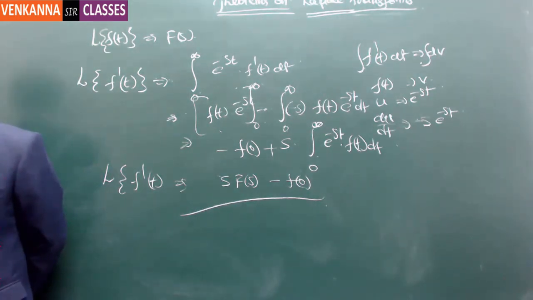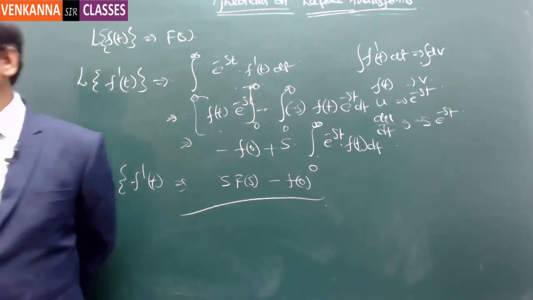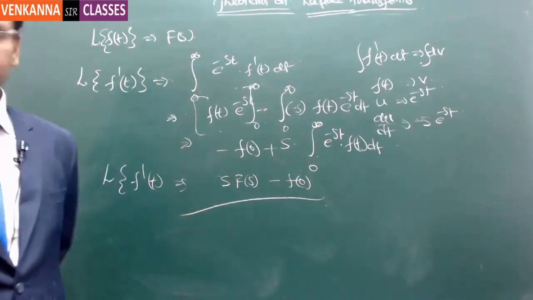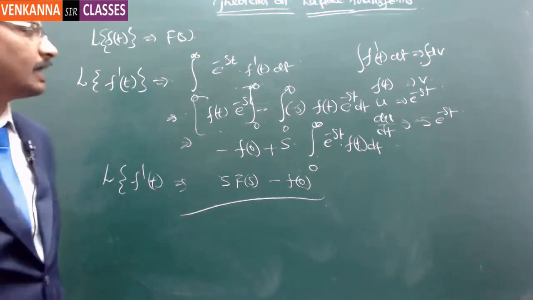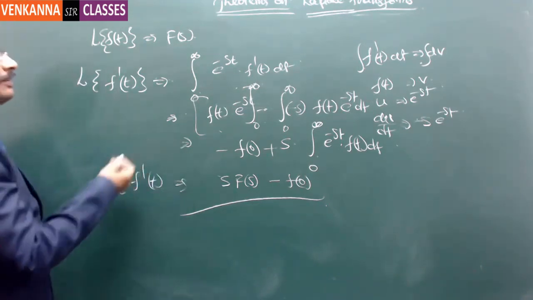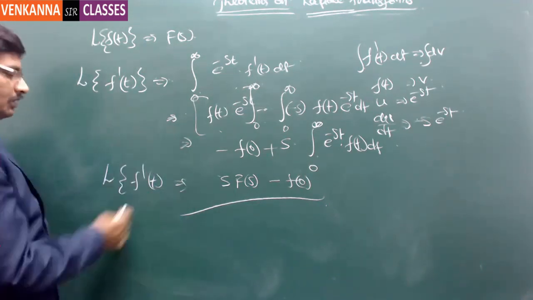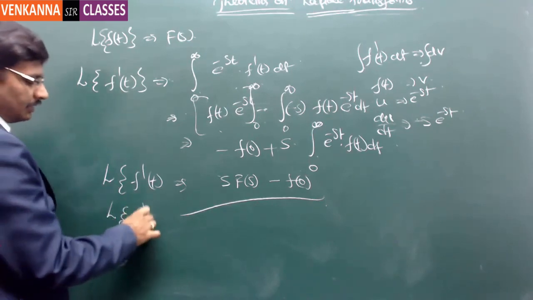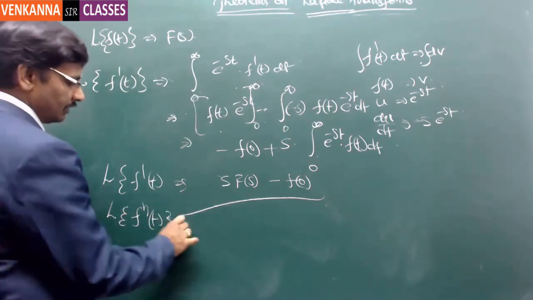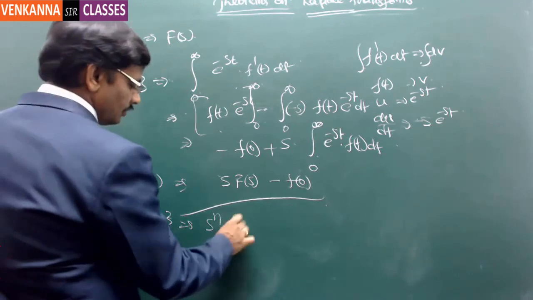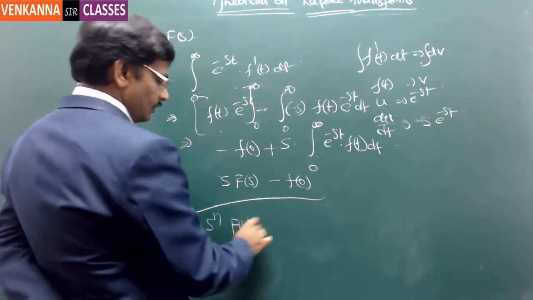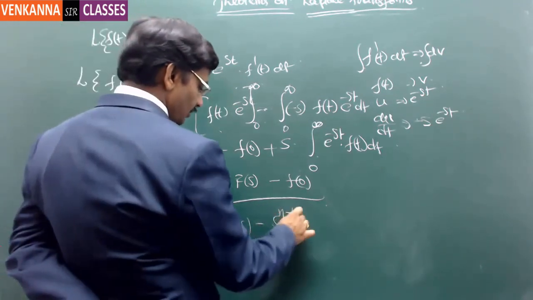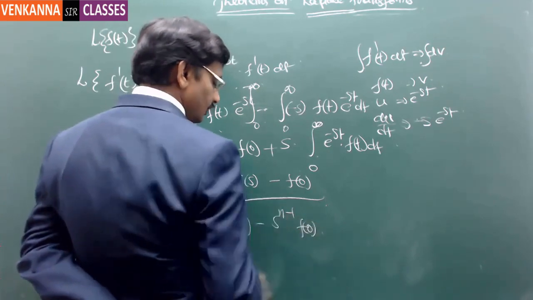Got it? So minus f of 0, it's not f of 0. Exactly in the similar manner, if you apply for the nth derivative, the Laplace transform of the nth derivative of f of t is nothing but s power n into F of s minus s power n minus 1 into f of 0